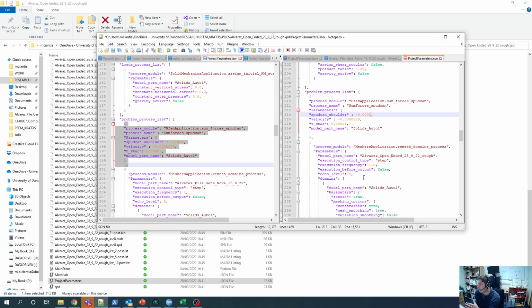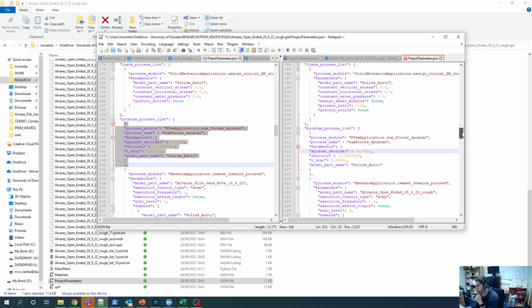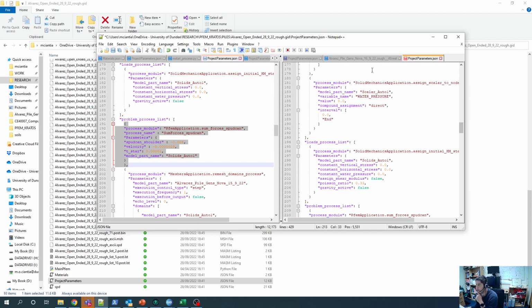So below and above is the shaft. And so set this. If I save it, you can go and look at this